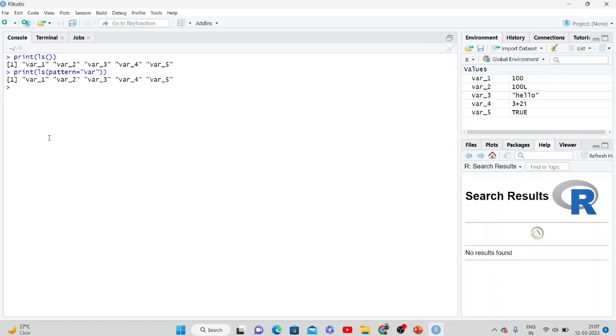Same thing. If you want to delete a variable, you just need to use rm and var1. So it has deleted that. If I do it again, var1 is not there, it has been deleted from this environment. Okay, so that's it for this video.